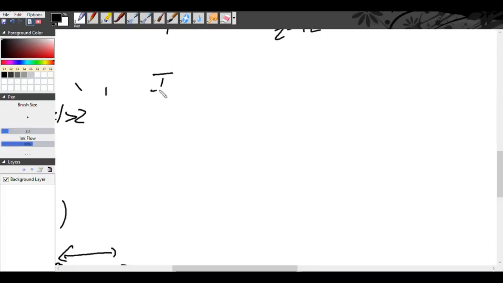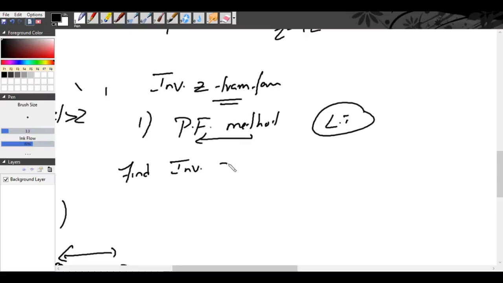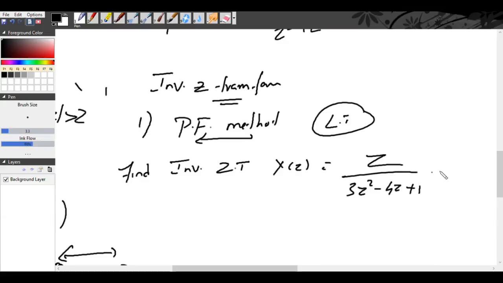Let us try to study the inverse z transform. The first method which you are going to study now is the partial fraction expansion method. Okay, same as the partial fraction expansion method in the Laplace transform. Okay, let's try to understand this by doing a problem. Find the inverse z transform for x of z is equal to z by 3z square minus 4z plus 1, for